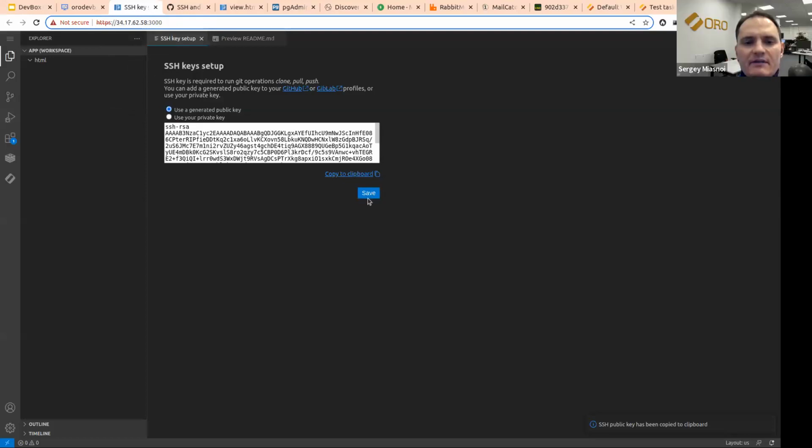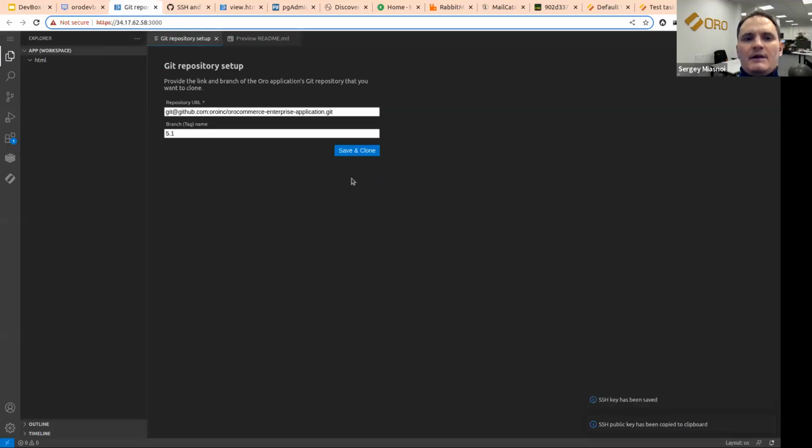After you have saved it on the Git hosting, you can proceed with applying this Git key here. After you have set up your SSH credentials, you are capable of cloning the repository. We'll be using here, for example, the enterprise version of the application, and one of the most recent versions is